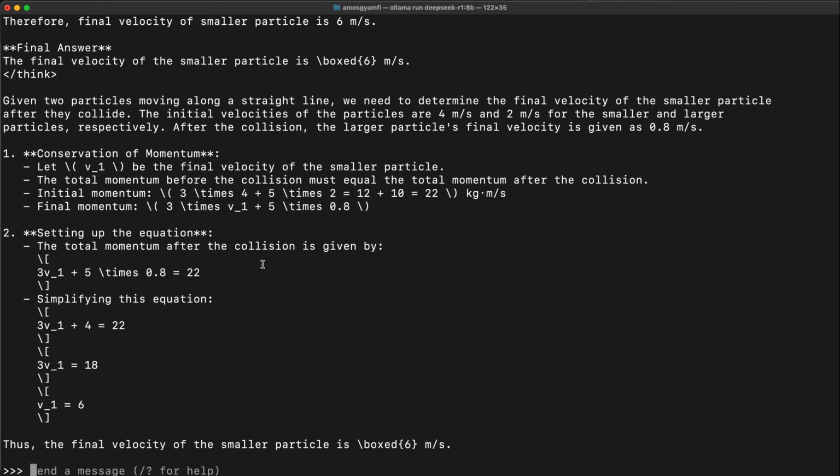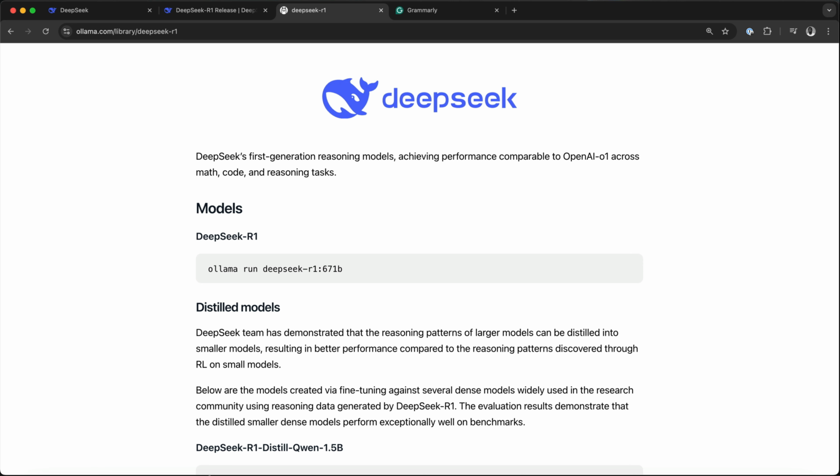You can see here, the final answer is 6 meters per second. So this is how to run the DeepSeek R1 thinking model locally using Ollama. You can use other LLM tools like LM Studio